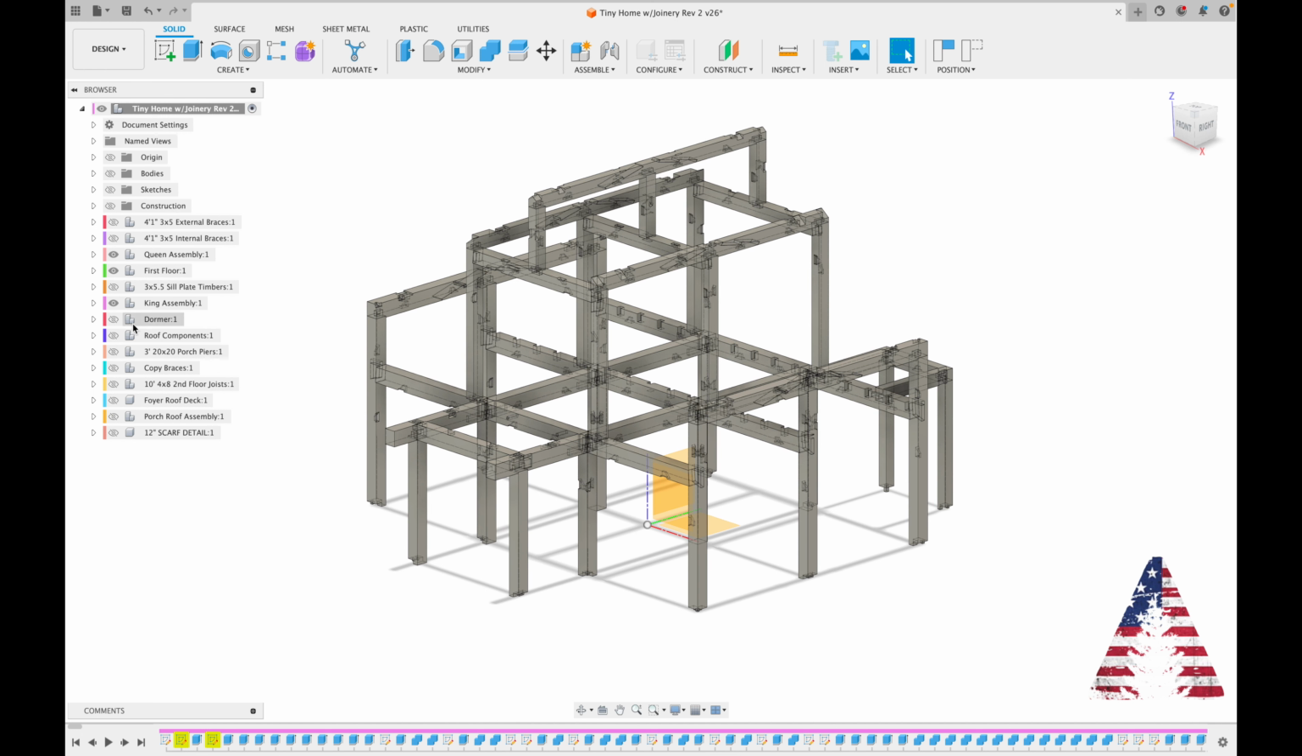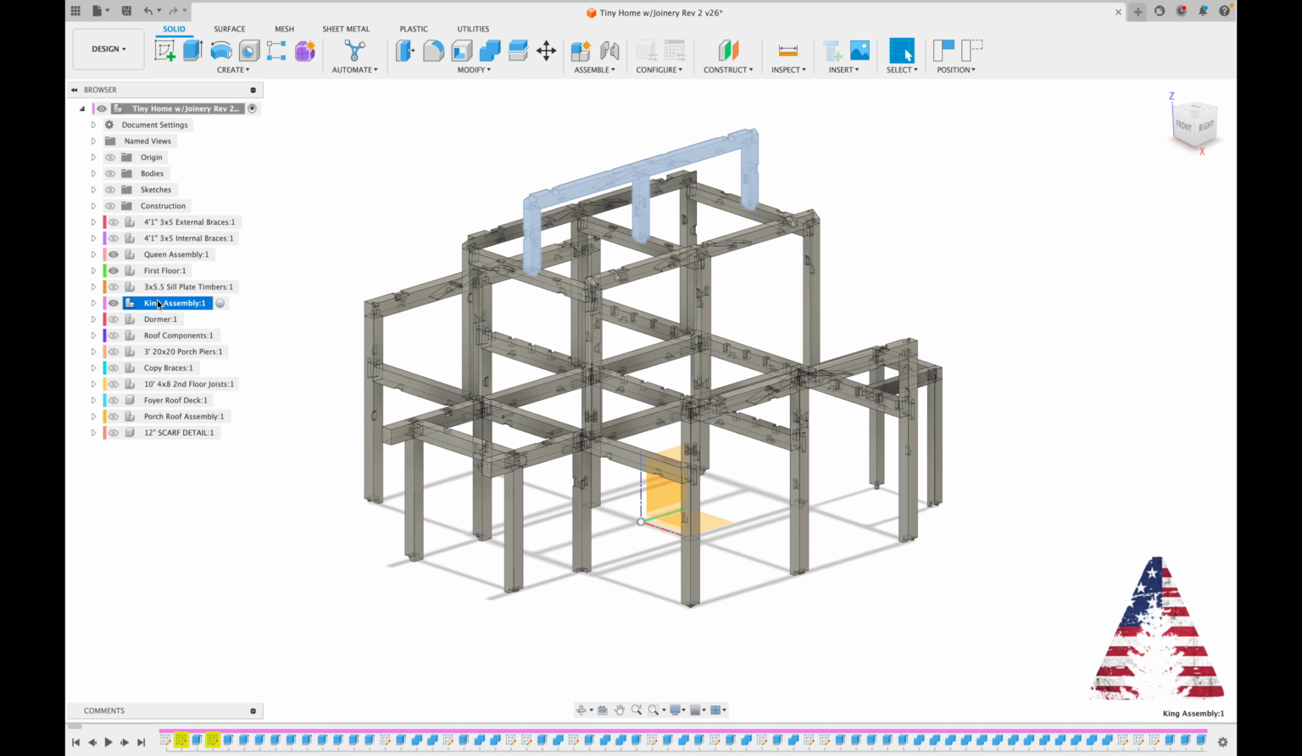Meaning we're going to start here with the king assembly. We'll test fit and square and plumb everything on the king assembly, and then we'll set that aside. And then we'll pull the queen assembly out and we'll test fit, square and plumb everything there, label it all, and then we'll set it aside. And then we'll do the first floor assembly,